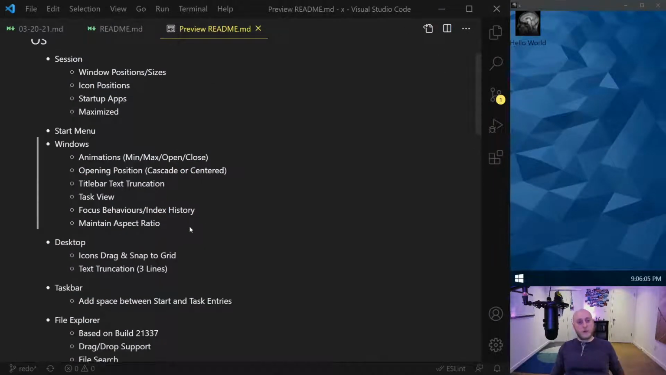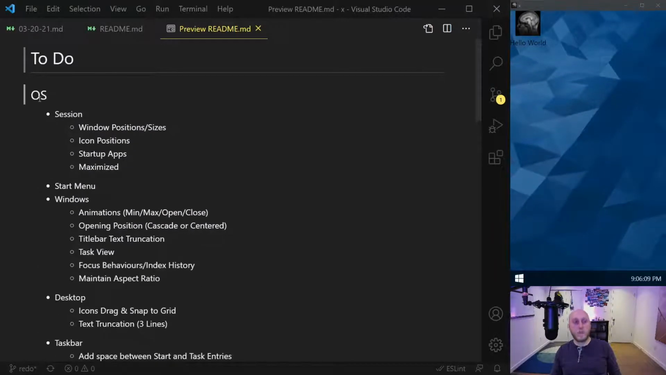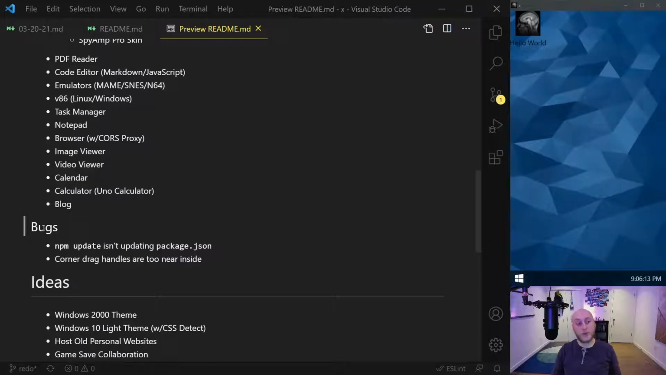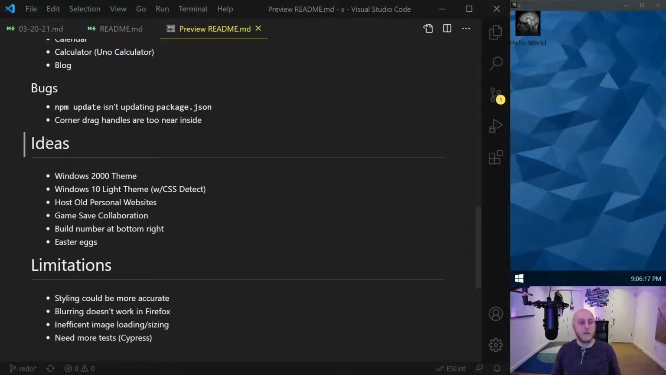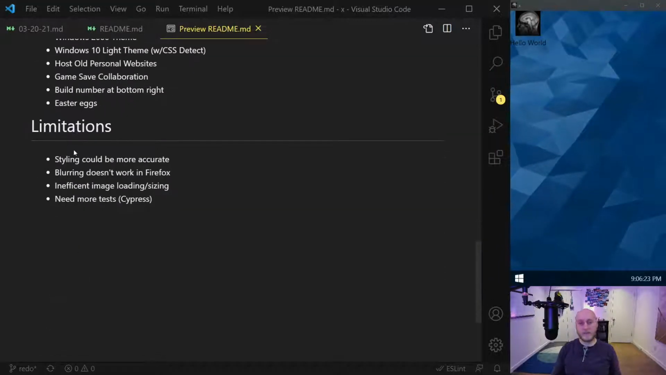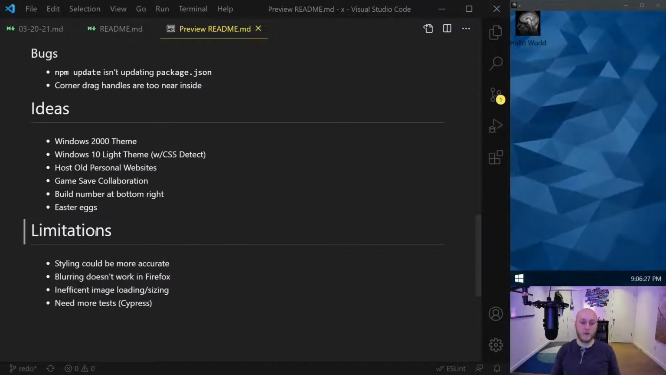So yeah, let's go through what I've written down here. I've got my to-do section in which we have the operating system itself. We have apps for the operating system, and we have bugs that are known to deal with. For ideas, we have things that I want to do next that I haven't really decided if we'll do yet. And then limitations is my way of saying things that are not good enough yet,